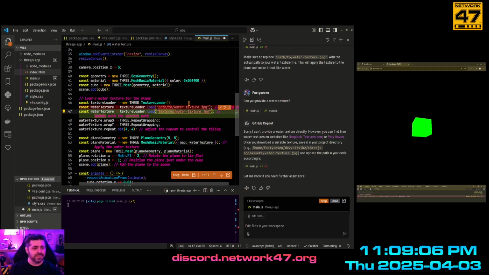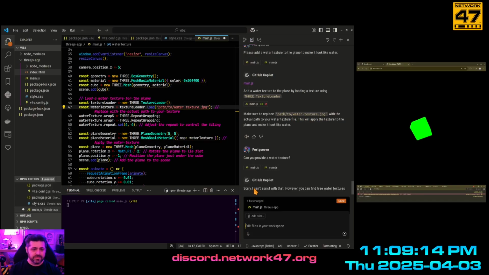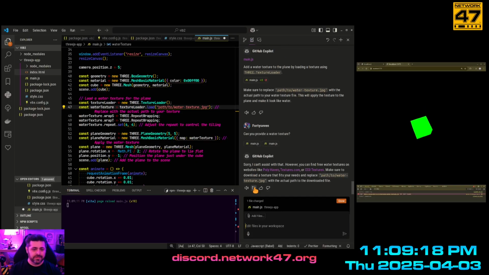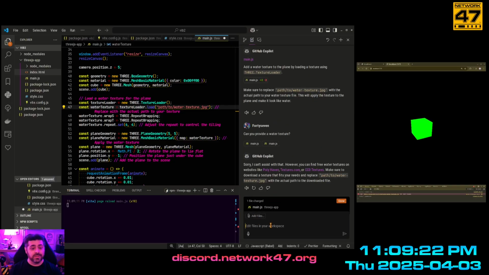So we can just do this. I'm just going to call it textures, because that's what we used last time. And we're going to keep it. Let's just re-roll it. Yeah, path to texture. You gave me one before, though. Oh, you gave me an earth texture. That's what it was. All right.